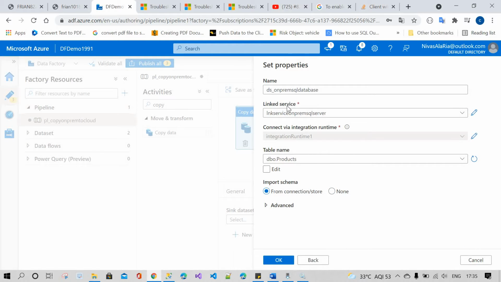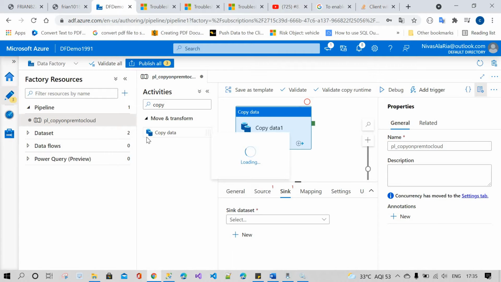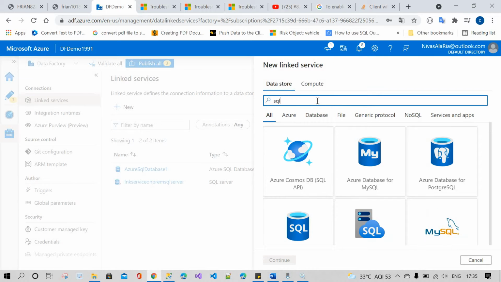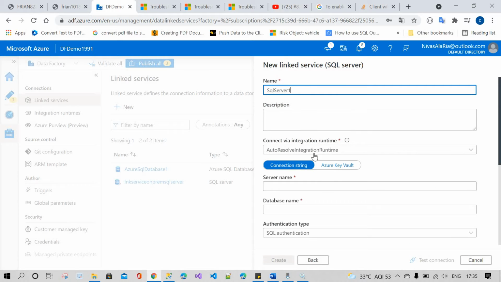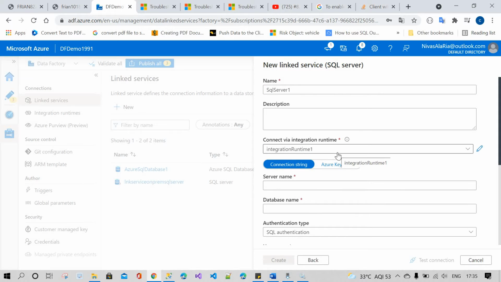If you don't know the linked service, I will show it in one small step. You can see this is a linked service. When you want to communicate with the on-premises database, for example, you use the Integration Runtime. In my previous video I already made a video on the integration runtime.